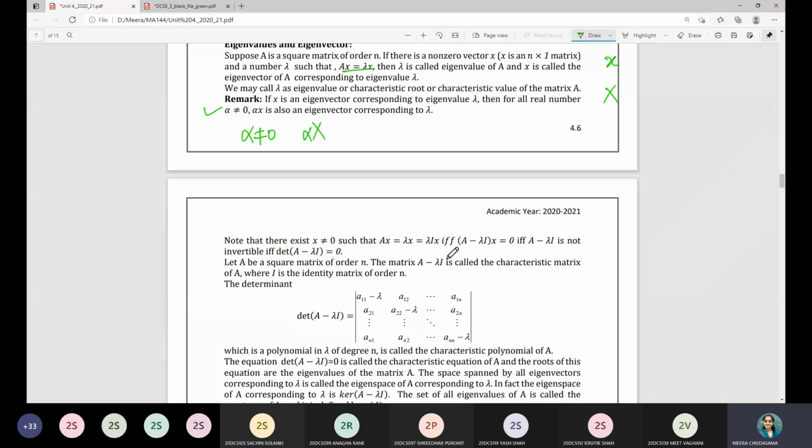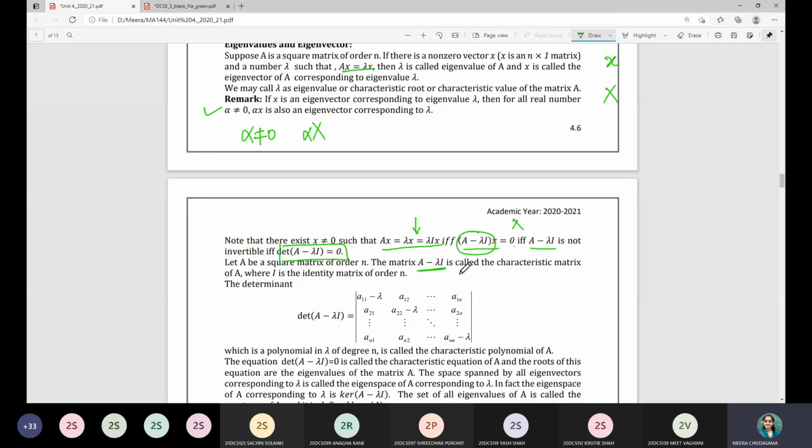So in this expression you can see that Ax is equal to lambda x if and only if (A minus lambda I)x is equal to 0. X we have chosen non-zero vector, therefore this matrix has to be not invertible. तभी आप उसको x find out कर सकते हो. तो ये not invertible है means what? Determinant of A minus lambda I is equal to 0. तो ये expression कहाँ से आया? Actually it comes from this expression, right?